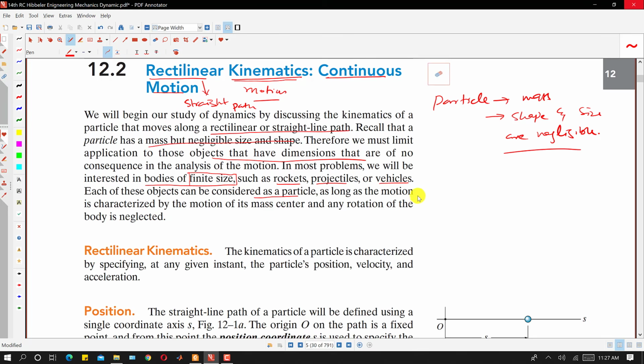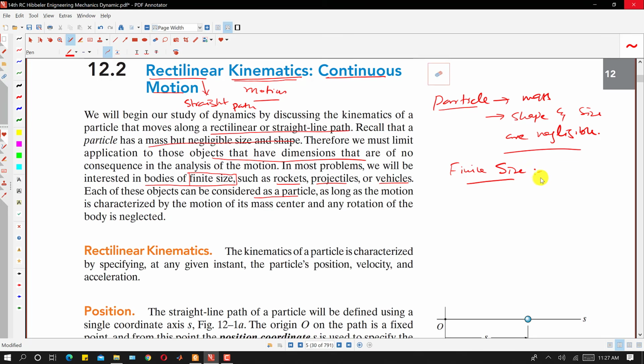And the next assumption in dynamics is that there is no rotation. So the particle has a mass and its shape and size are negligible. A car could be considered as finite size as its boundaries are visible. We can consider it as a mass with boundaries, or as an object whose boundaries are visible to us.